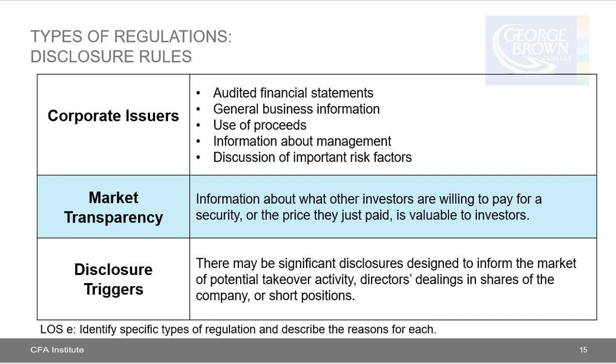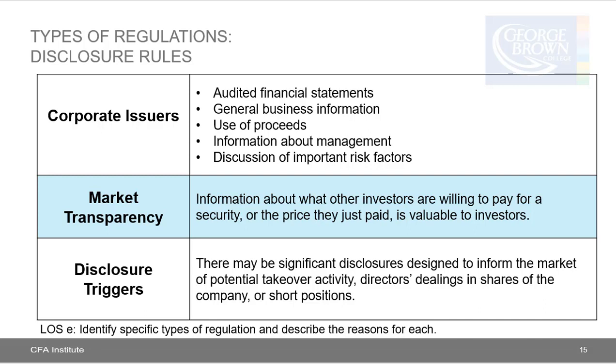In order for markets to function properly, market participants require information about companies and governments raising funds, the specific financial instruments being sold and traded, and finally the markets for those instruments. So if we look first at corporate issuers, regulators typically require corporate issuers of securities to disclose detailed information to potential buyers before offering the securities. So the disclosures generally include audited financial statements, general business information, use of proceeds, information about management, and discussion of